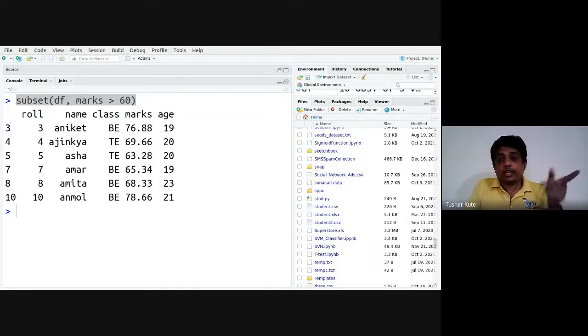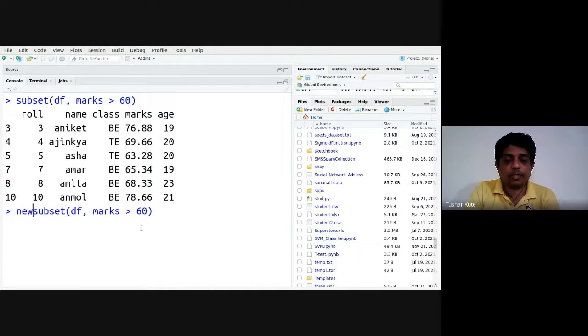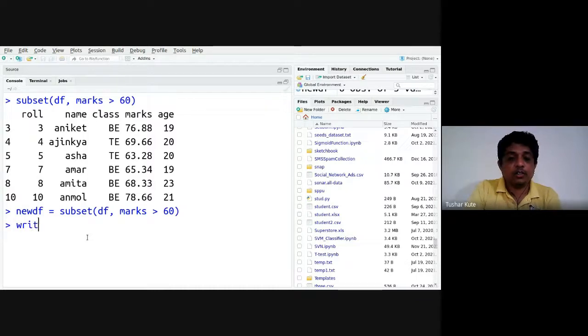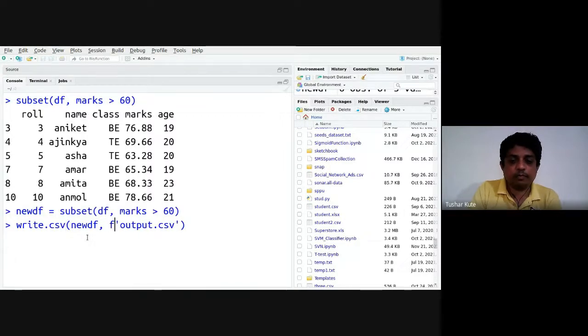You can extract it, and I want to store this data. See, the subset is extracted. I can store that in another new data frame, and I want to save this file. So I can use write.csv, for data export. Which file? Output.csv, for example. Here is the file name. In this file, I want to store the new data frame. So you can see again, this file will be stored into output.csv, maybe it's created above.